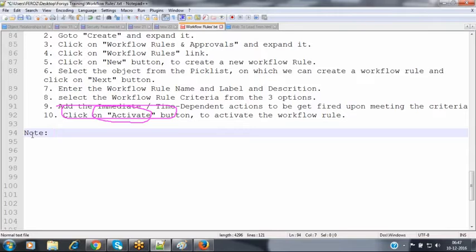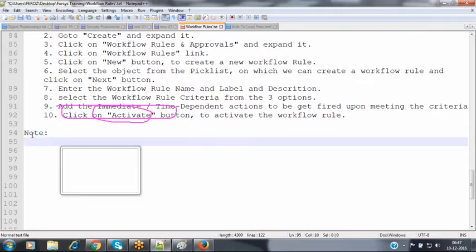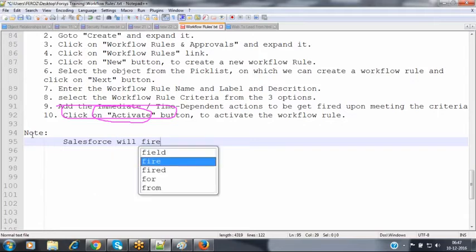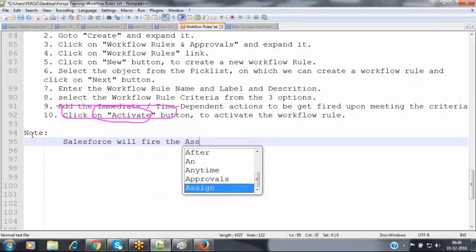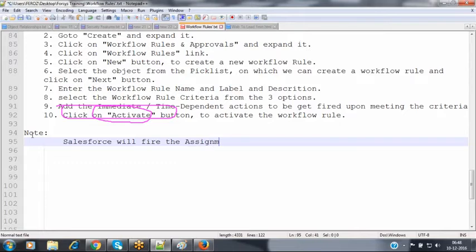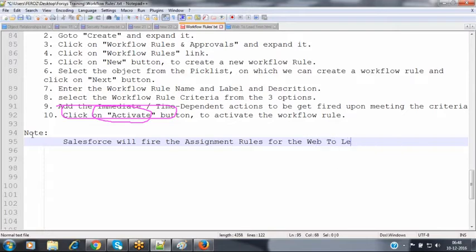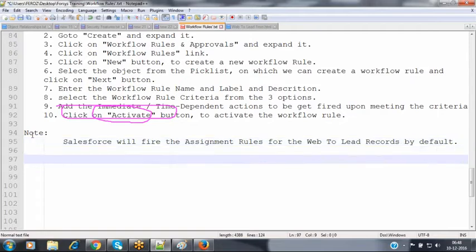Now, when coming to that organization website, Salesforce will find the assignment rules for the Web-to-Lead records by default.